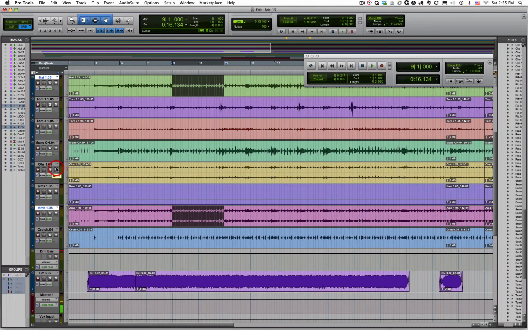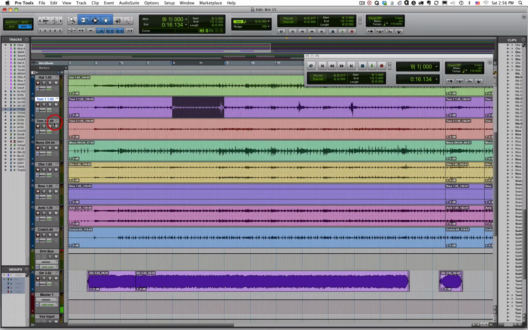Yes, I know, another button. So the Enable Link Track and Edit Selection button is this button right here. The Enable Link Track and Edit Selection button allows you to make a selection and apply that selection to a variety of tracks. So if we just click on this nameplate, you'll see that the selection moves to whichever track